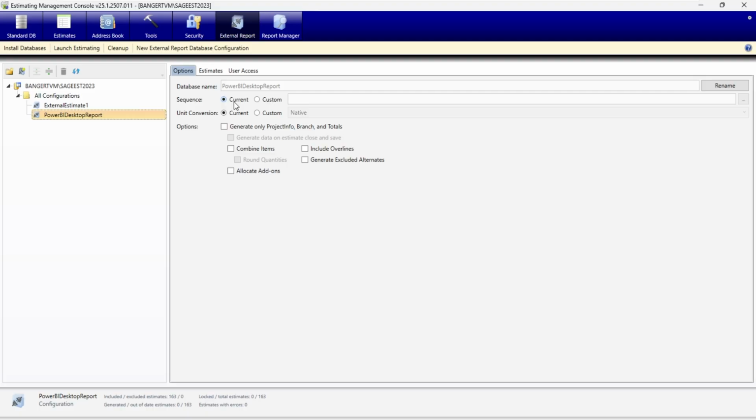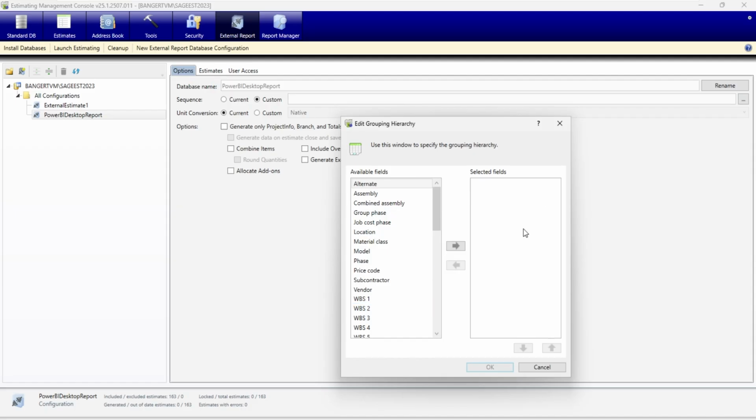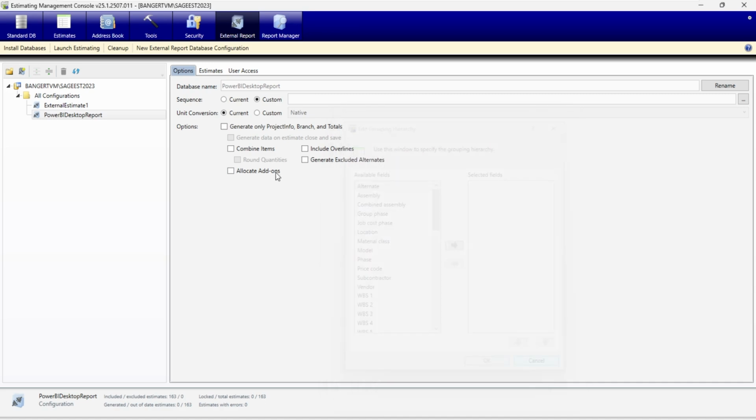So if you really know that you're going to be doing this report where I'm doing some grouping and really want those overline totals and things like that set up right, sometimes it's handy to say custom and actually go in and build what you want that sort sequence to be. Now, in this case, all I'm showing is all the line items. So I'm not necessarily doing any grouping or overline totals or anything of that nature. So current's going to be fine in my case, but if you're doing anything with overline totals, I'd probably say custom is better. That way you can hard set the key sort of what you're doing here.